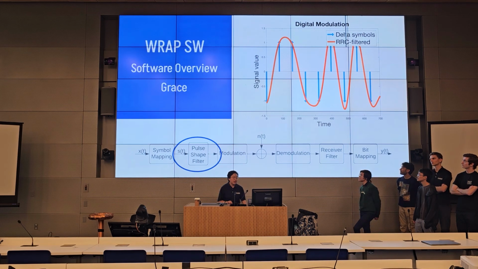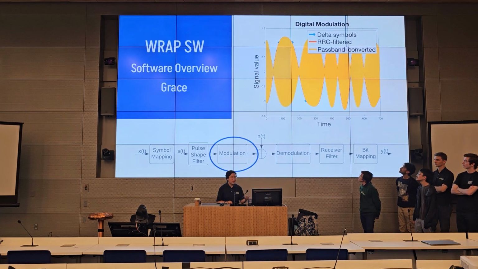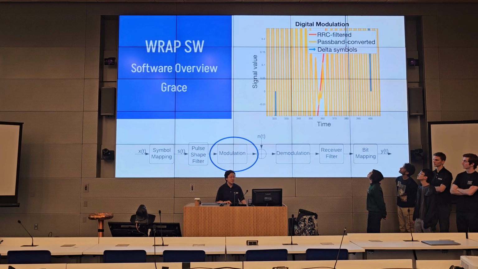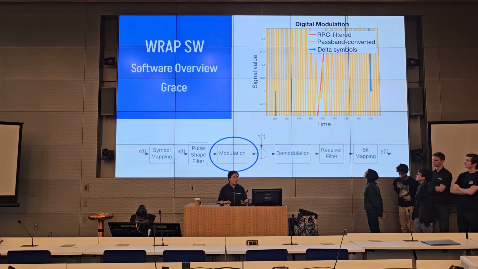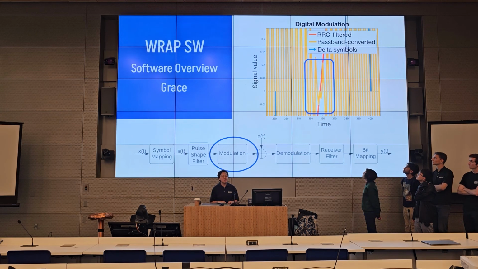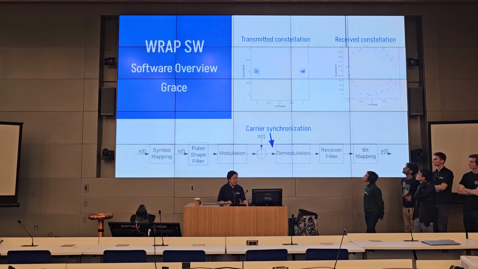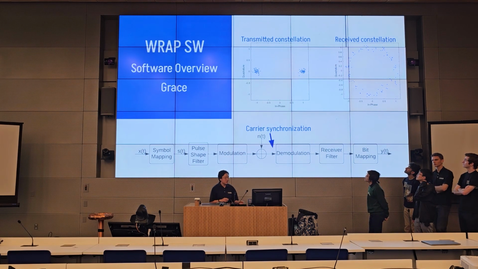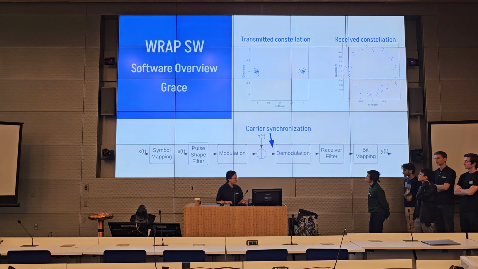And then we'll multiply this new orange wave with a higher frequency wave to be able to transmit it. It's hard to see because it's very high frequency, so let's zoom in a bit. I am looking at this bit transition here from 0 to 1, and we see this weird M shape where the phase flipped. So then after that, the signal travels over the air. You can see this n(t) represents the noise. And in addition to picking up noise,